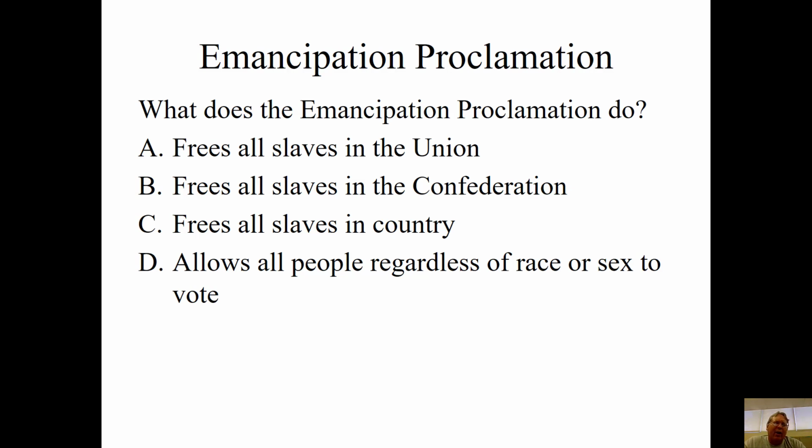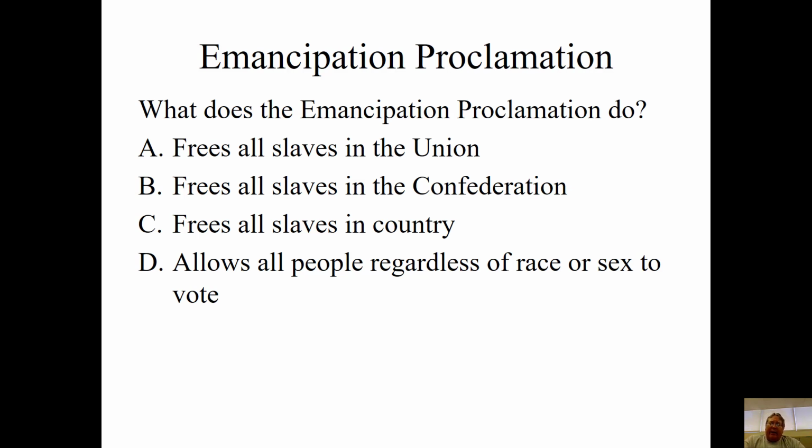So we have to ask ourselves, why is Lincoln doing this? The one place he has no real authority right now is in the Confederacy. Why not free slaves in the Union? Well, if he issues this Emancipation Proclamation, he says, as of now, all slaves in Missouri, Kentucky, and parts of Virginia that were under our control, and Maryland that's under our control, are now freed. Well, the white slave owners in those territories will fight harder for the Confederacy. And even some white non-slave owners might say, hey, I don't want to free slaves. That's not what I'm fighting for here. And they may quit supporting the Union.